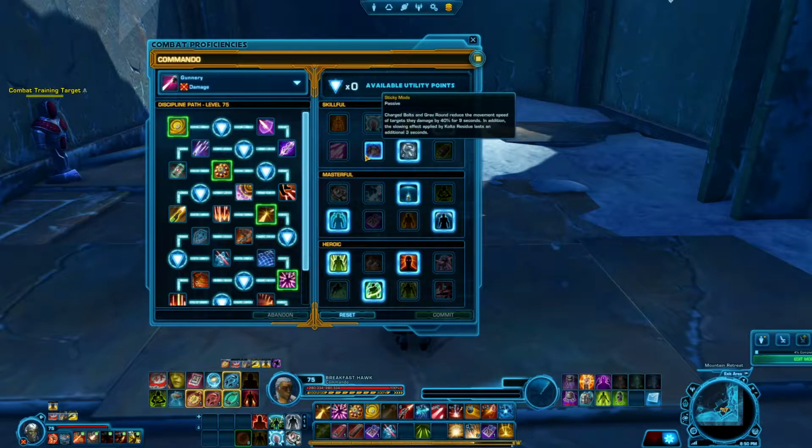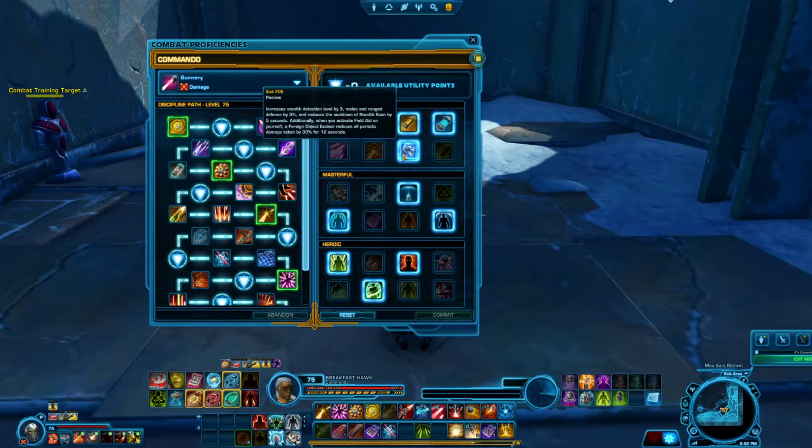Never use this one personally, but there could be reasons why you might want to use it outside of PvE. Shoot First. This is a great one. I like it. I always take it. Your melee and range defense is increased by 3%. And then when you activate Field Aid on yourself or an object, Exciser reduces all periodic damage taken by 30%